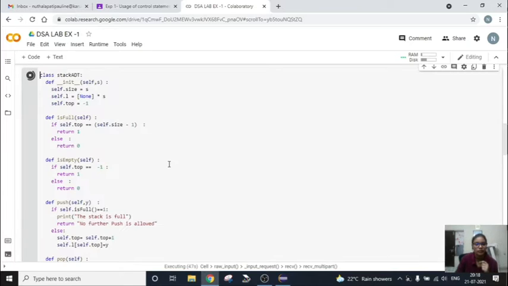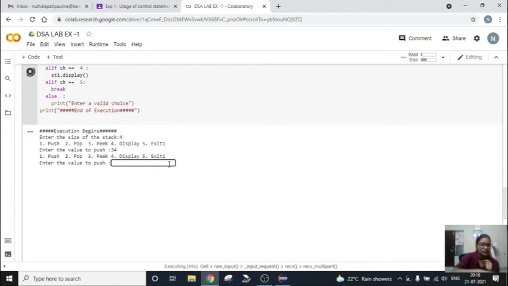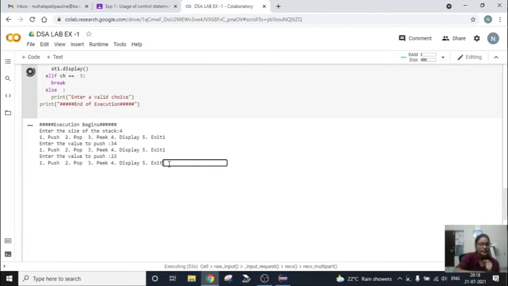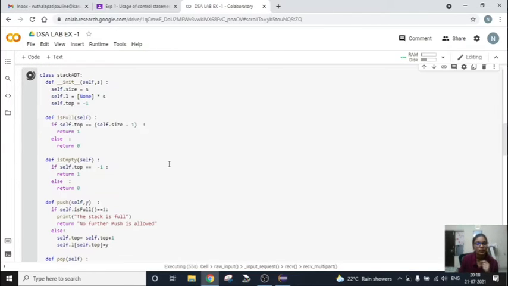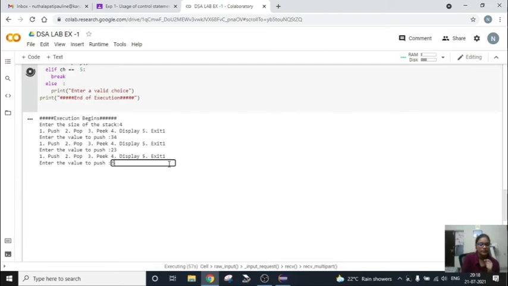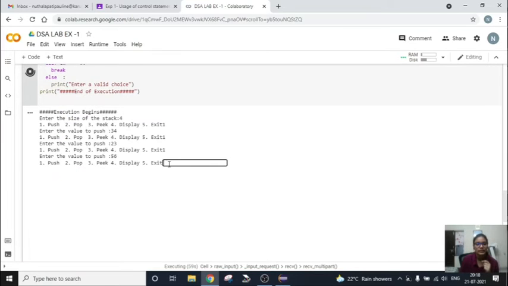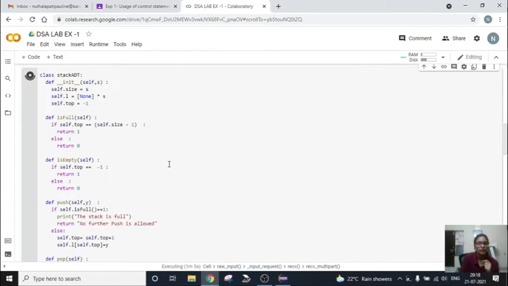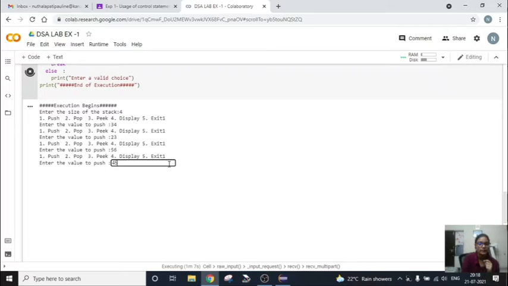Again, I'm selecting 1, and let's give the value 23. Again, selecting 1, let's give another value. Since the size of the stack is 4, we can go up to 4 elements. And then this will be the final element.